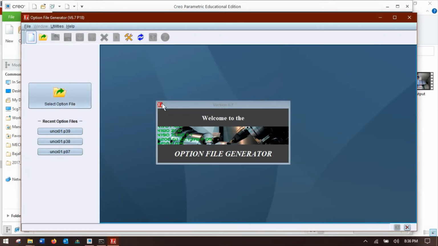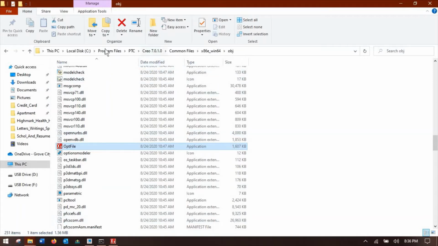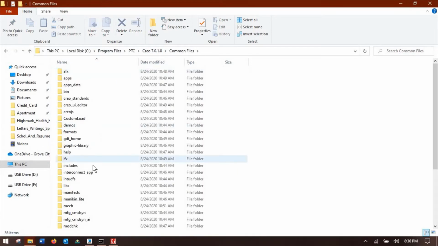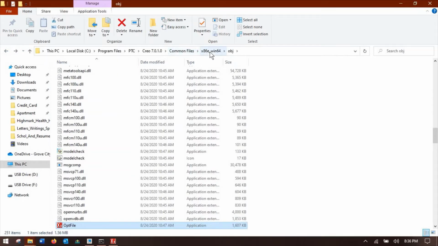And part of this thing's little quirks is it's not very compatible with a lot of modern computers right out of the gate. So what you have to do is find the executable file that this runs off of, which I just located, it takes you a while, in your default Creo installation. So whatever version of Creo you have, go to Common Files, this x86e Win64, and then obj. That listing of files there, and eventually scroll down until you find this file down here, this opt file